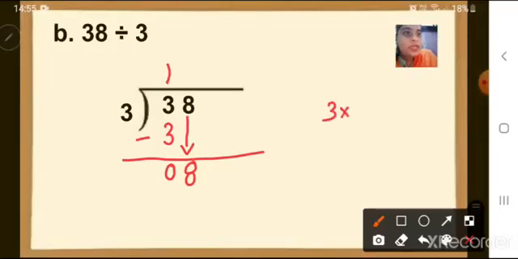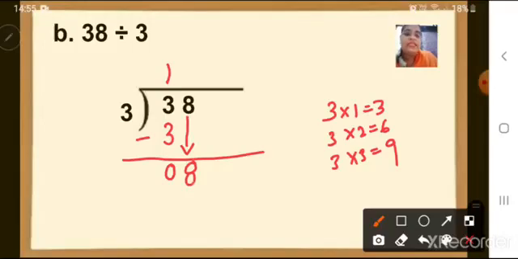See, 3 ones is 3, 3 twos are 6, 3 threes are 9. So we have number 8 as the dividend. So number 8 will come in between, correct? Between 3 twos are 6 and 3 threes are 9. And what did the teacher say? Teacher told you that we cannot take a bigger number. We always have to take a nearby smaller number. Okay. So we have to take 3 twos are 6. So we'll write number 3 here. 3 twos are 6. Okay.